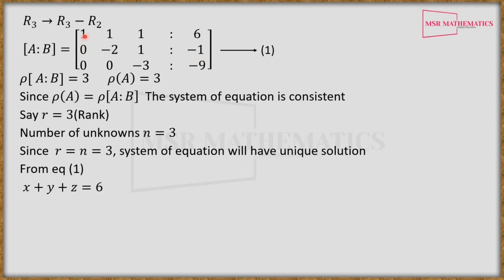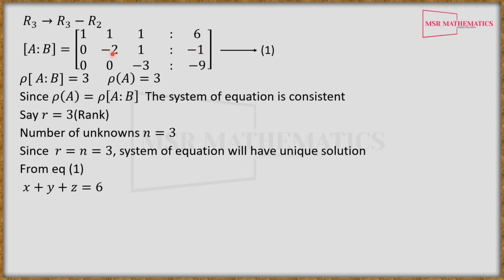In that, for the first row, we can conclude an equation as x plus y plus z is equal to 6. You have to observe carefully. With the help of the echelon form of an augmented matrix, we obtain new linear equations. For this first row, the coefficient of x is 1, the coefficient of y is also 1, and the coefficient of z is also 1, which is equal to 6. We can write this as x plus y plus z is equal to 6.